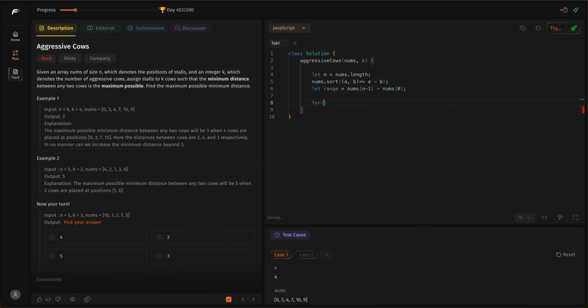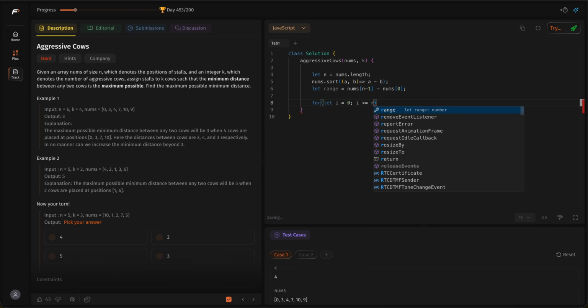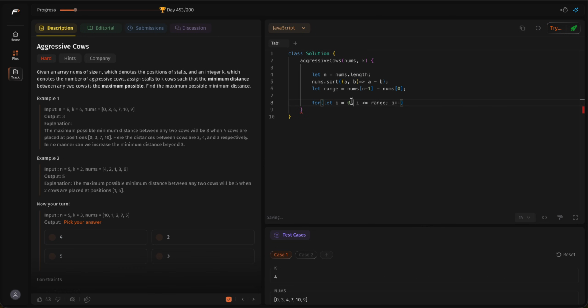Now I just have to check on this range, because this range gives me the distance between the least and max stall. Let i equal 0, i less than or equal to the range I have, and i plus plus. I think I should start with 1 over here. Okay, then range is over here. So this is our range on which I will check, and here I will write